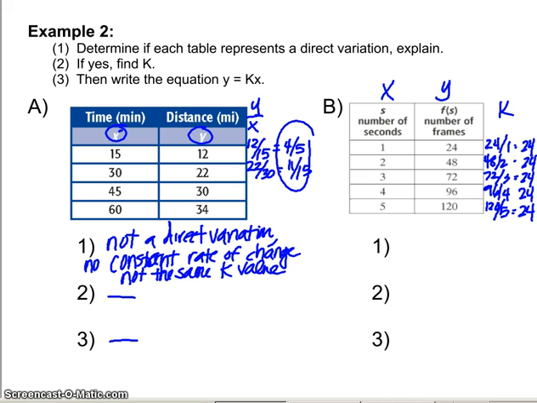Now here clearly, I basically found the k values, which again are very similar to unit rates, and they all do match. So does a direct variation exist? Yes. They have the same k values. And what is that k value? K is 24. That's the value that we found on all 5 pieces of data, and therefore we're going to write our equation. Remember, it's y equals k